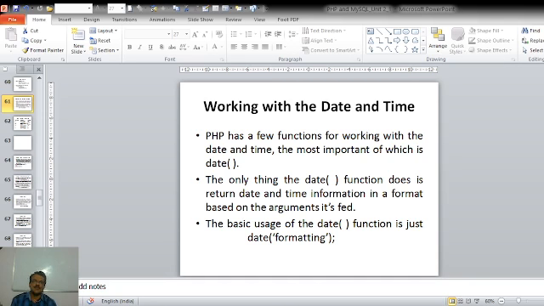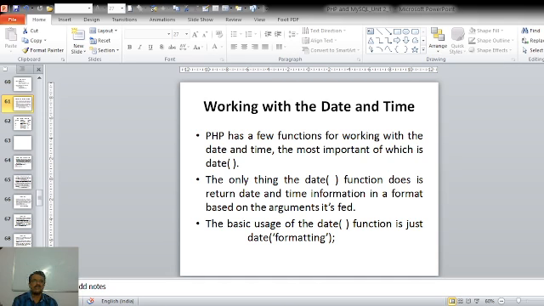The date function returns the date and time information in a format based on the argument it is supplied. Whatever format we supply to this function, it will return the date and time information based on that.